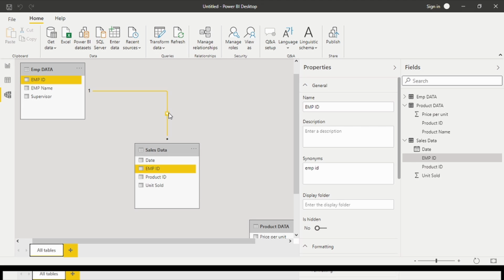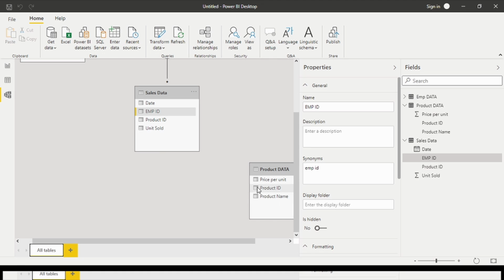Now this makes a relationship between employee ID. And here what is common is product ID. So put product ID here and paste it in product ID. So it makes a relationship with each other. Okay, so this is now right.